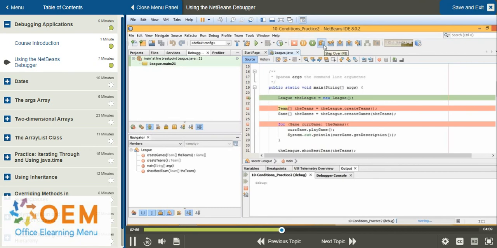Now these ones bear a little more explanation. We have step over, we have step over expression, we have step into, and step out. Now, step over